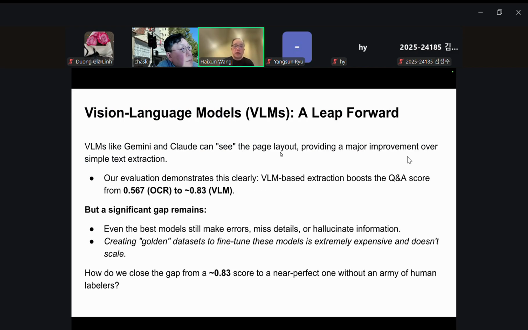And then, we also use vision large language models. This enables us to get the description of a figure, of an image, right?